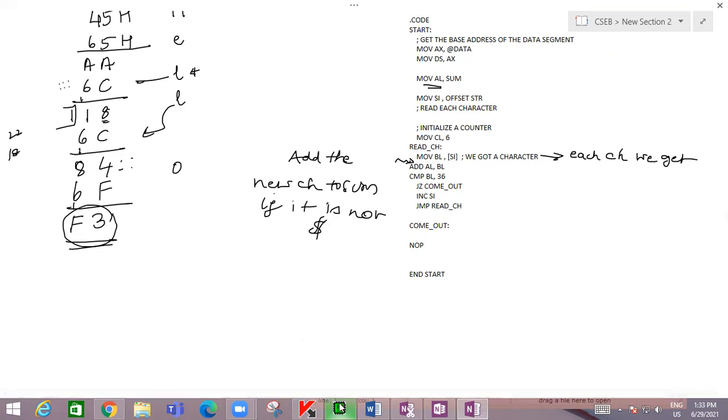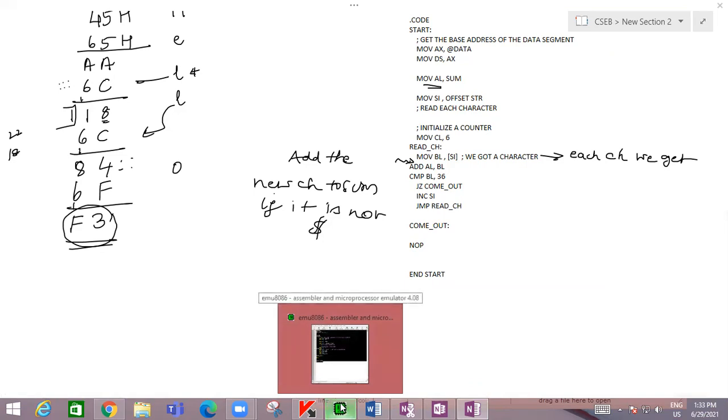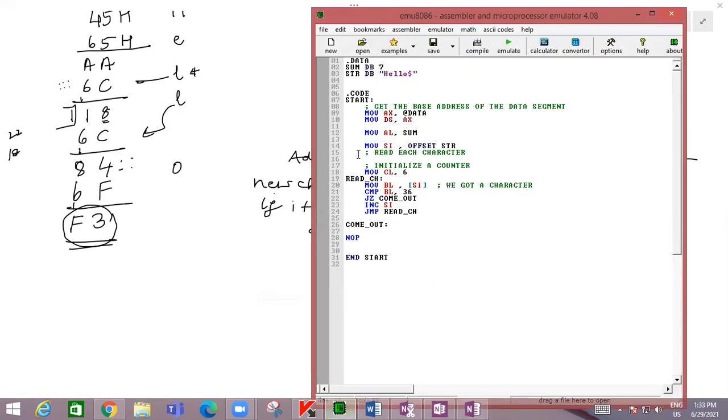We'll do this modification here. After reading each character, we'll just add AL. We have the sum in AL, so add AL with the character that we are loading into BL. Now again we will run.